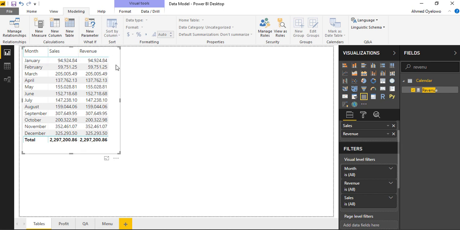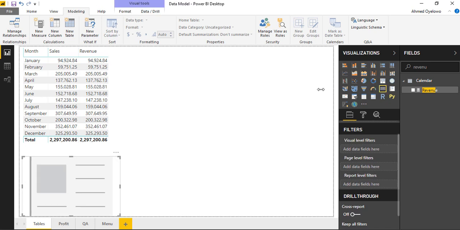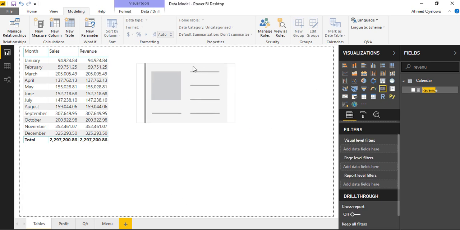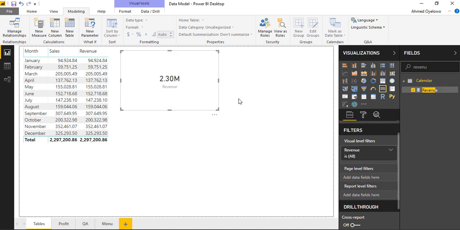But what if I go and use a separate visual? Say for example, I click out and I use a card visual. A card visual is what you use to display a single number. So if I want to display just a single value, I use a card visual. And I bring in this revenue measure. What I have there is